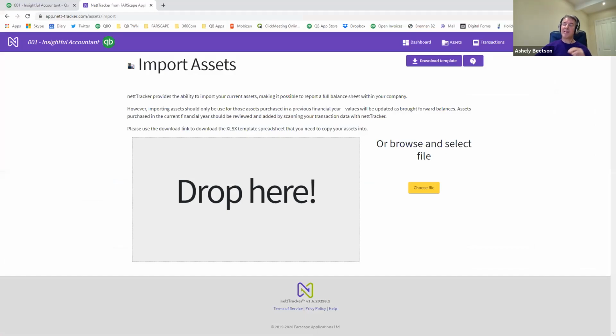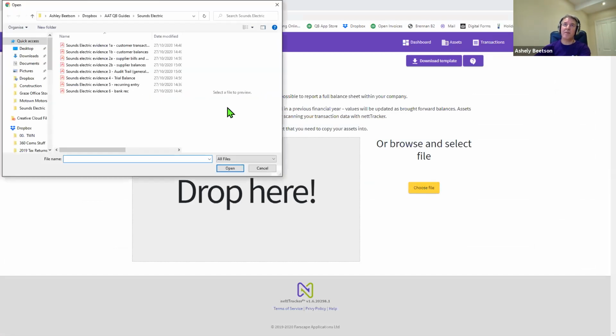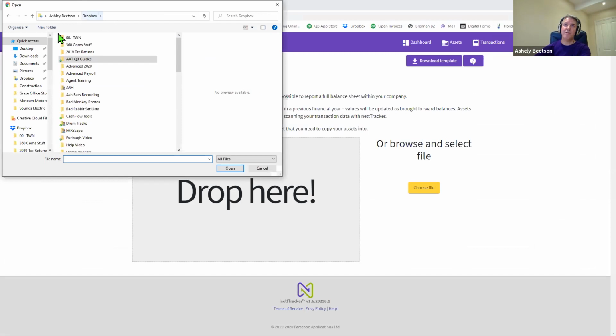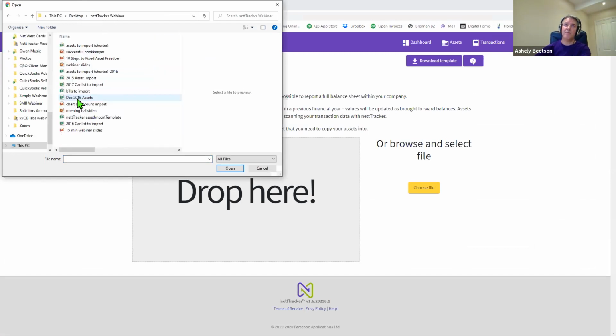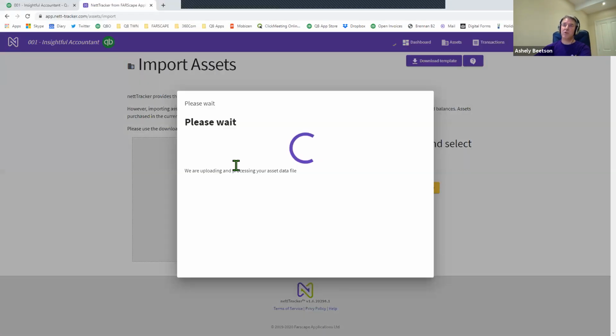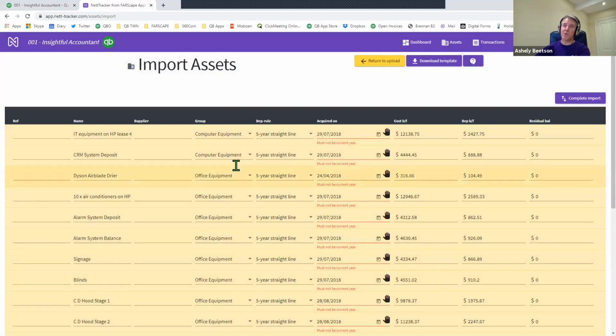So once I've got that template ready, then I can upload it. So I'll choose to browse for the file that I need. So let me just come into, there we go, that's the one. So I've got my asset templates ready to be imported. I've got some warnings here, which I should be able to,